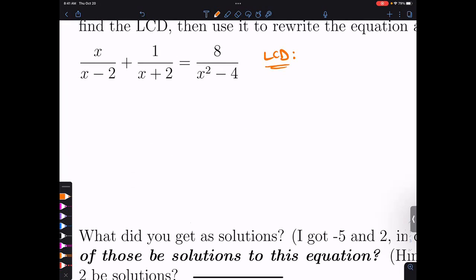The things we have to begin with are x minus 2 and x plus 2 and x squared minus 4. And x minus 2 times x plus 2 is x squared minus 4. So this thing factors as x minus 2 times x plus 2. That's not necessarily that I'm really good at factoring fast, but these things, probably a good place to